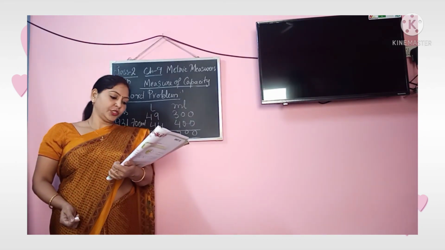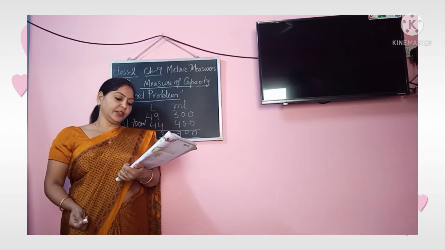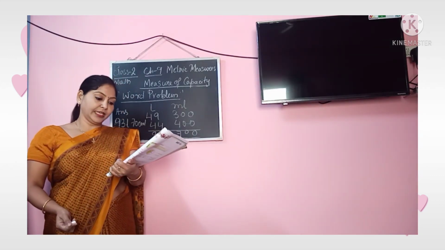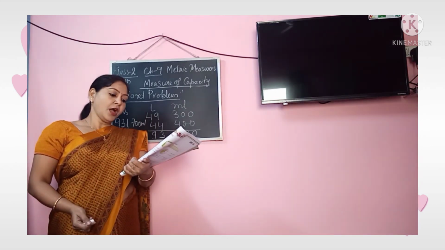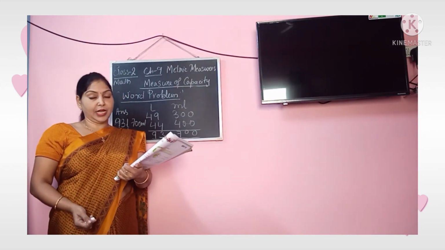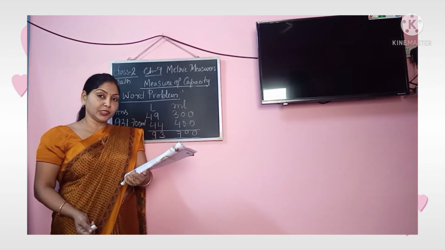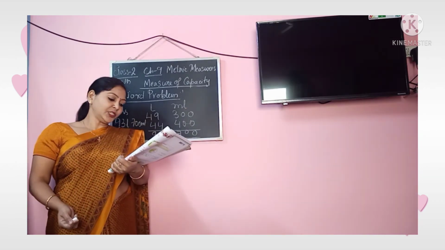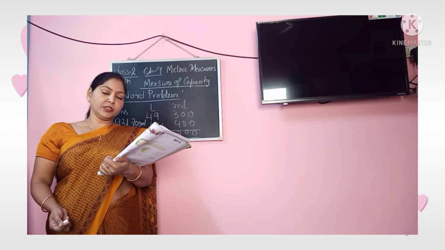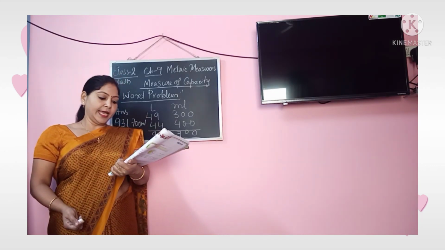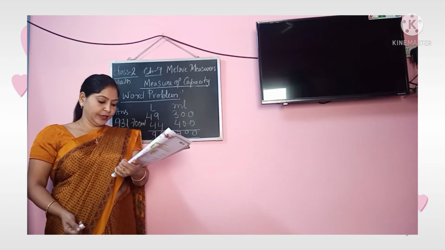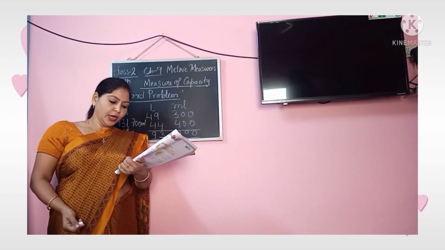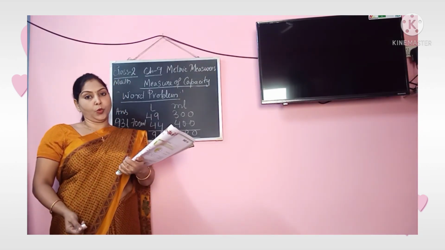Coming to the next question, a milkman had 31 liter 500 milliliter of milk. He sold 18 liter 225 milliliter of the same. How much milk is left? Again left. That means again you have to subtract. The last one, Nisha bought 80 liter 360 ml and Ashu bought 29 liter 500 milliliter of oil. Who bought more oil and by what quantity?